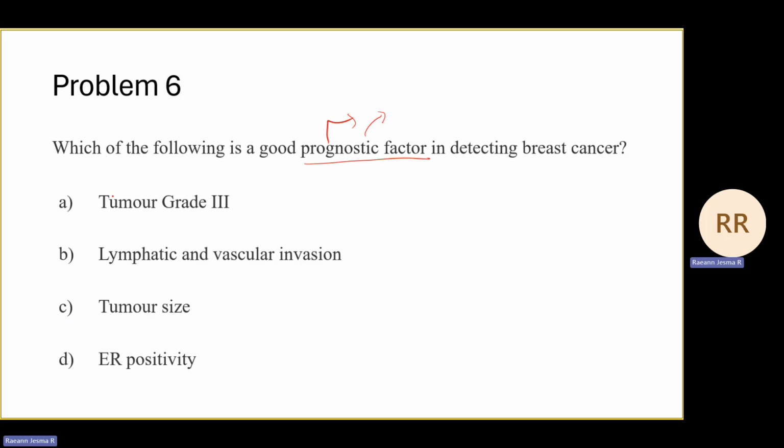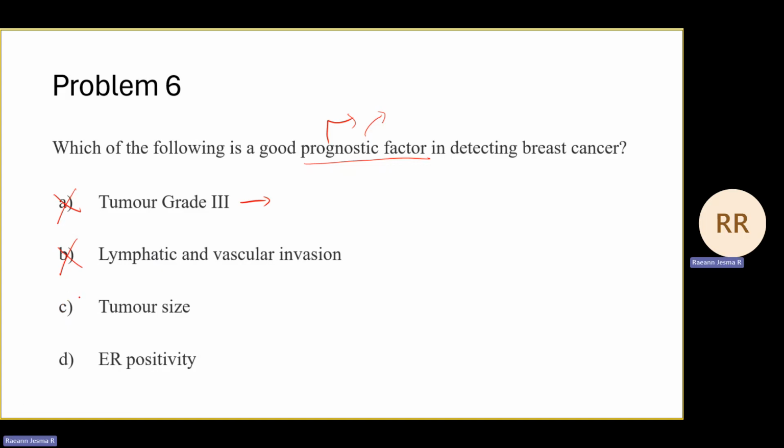Okay, option A is tumor grade 3. So this happens in a later stage, so this is not correct. Lymphatic and vascular invasion also happens in the later stage. Once it starts to spread, the cancer cells will start to spread through the lymph nodes and through the vascular